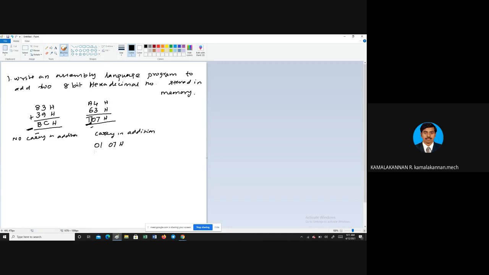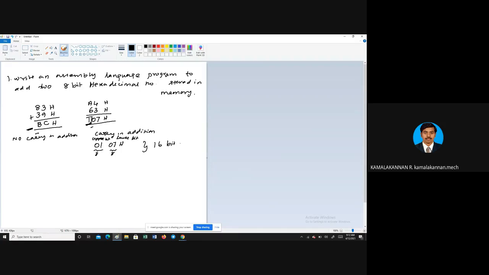Okay. So this will be an 8-bit number and this will be an 8-bit number. So both are two 8-bit numbers. So this will be stored. This 01 will be called the upper byte, and 07 is the lower byte. So if we have a number, the memory will store it in such a way, upper byte and lower byte, whatever it might be. So finally this will be a 16-bit number.